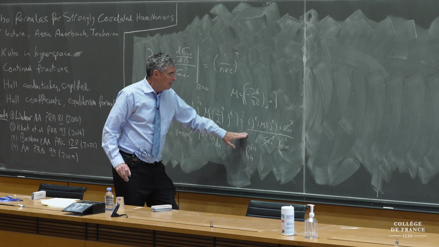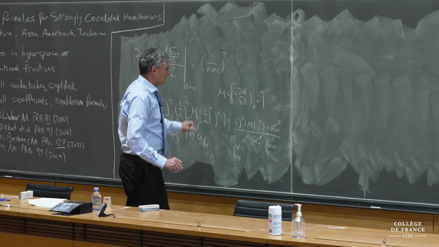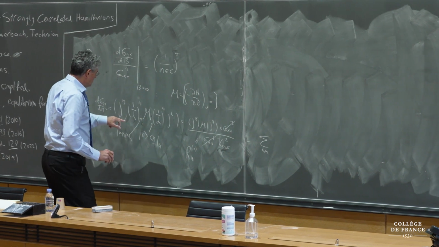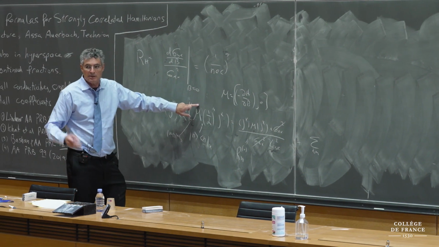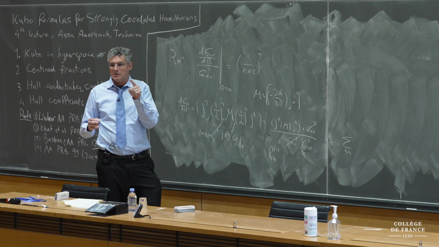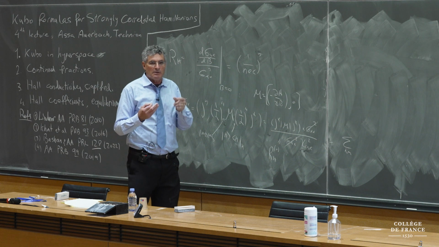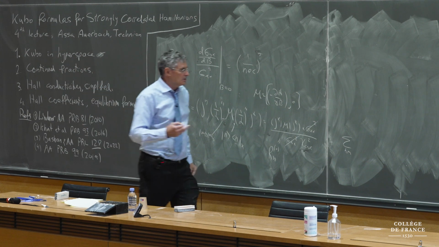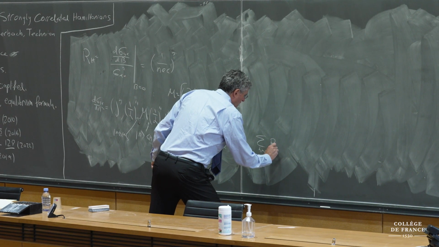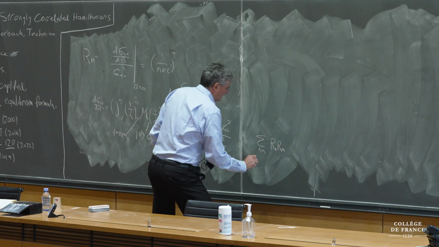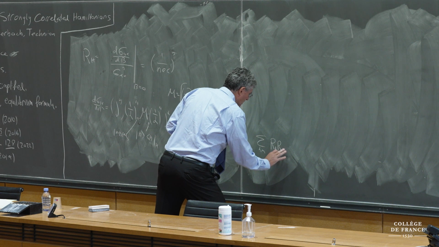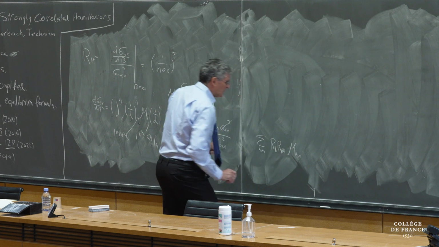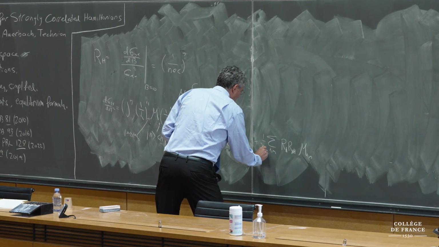And that's calculable. And then you have correction terms, which are taking all the rest of these Krylov bases. So you have N, M, and you have essentially the Green's function, if you want, from, let's say, 0 to N. That's a Green's function, right? Imaginary Green's function. But it's a tridiagonal matrix, and there are properties of tridiagonal matrices that are very simple. The Green's function from 0 to N is the same as the Green's function from 0 to 0 times a factor of hopping between 0 and N. So I'm just giving you the answer. So you have R_N, R_M. Actually, only the even terms matter, so it's R_N, R_M, and then you have the matrix element of the magnetization between N and M, 1 over chi CSR,